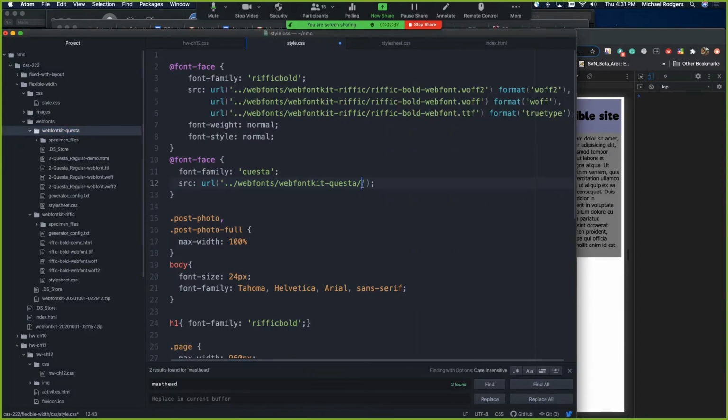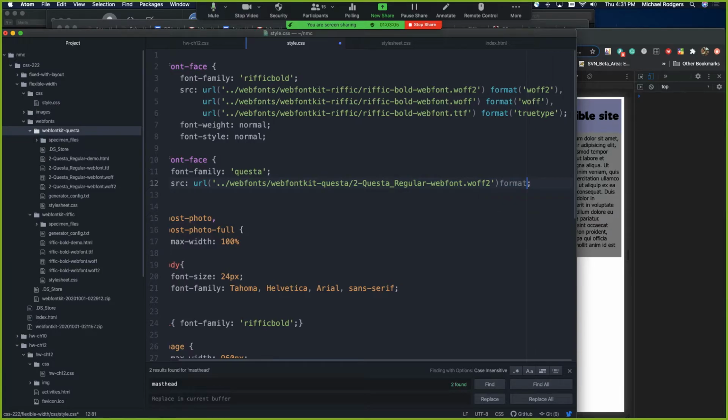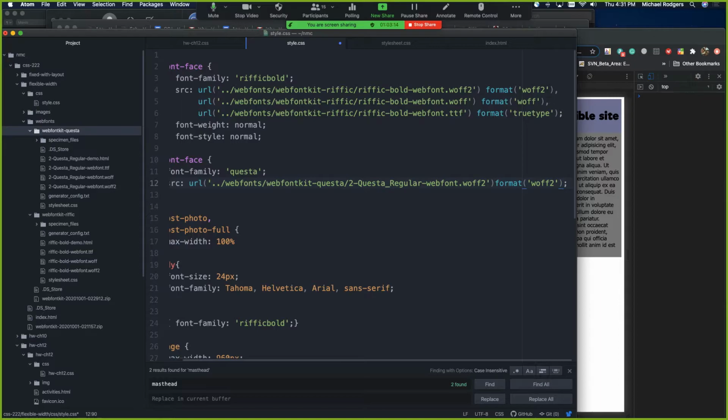Bring this out a little bit, make it easier. So it's called Questa regular web font dot woff2. Our format is woff2. Going to do the comma,